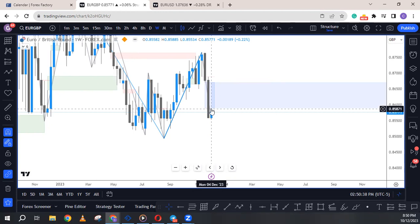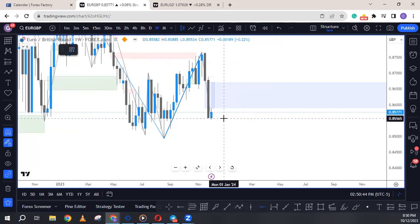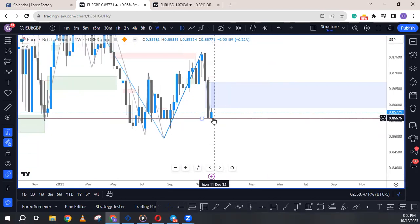From Monday till Friday, 35 pips. That's why you must always know where you are and see the way price is sitting above it. So I believe they are waiting for the euro and British pound rate news on Thursday. So given that,